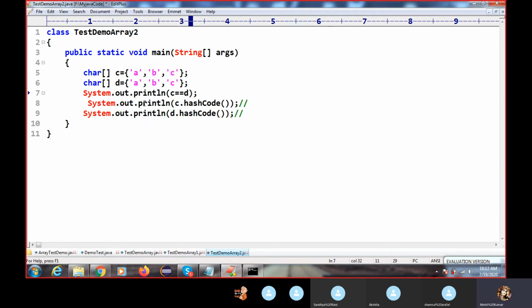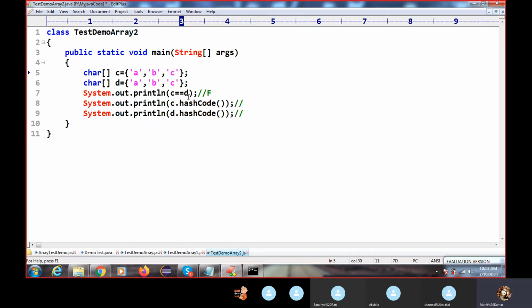So what will the output be here, true or false? The double equal operator returns a boolean value, true or false. Here it will return false. But the content is the same, meaning whatever elements you stored inside the arrays, both arrays have the same elements, but it will return false. Why?